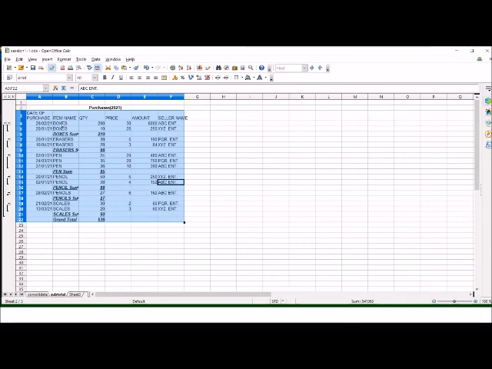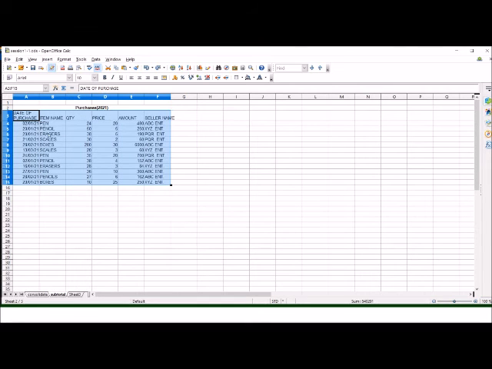Now we can see here the data has been grouped on the basis of item name and totals are appearing for quantity only, like total boxes purchased were 210, total erasers purchased were 66, total pens purchased were 95, total pencils 88, total scales 50. So this is one way that we have grouped our data. Now I will press Ctrl Z and we will group this worksheet on some other basis.